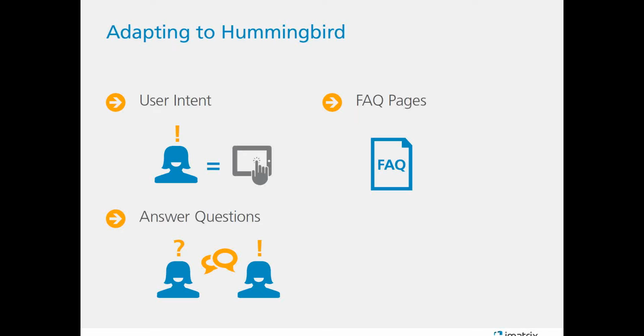Well, that's kind of where Hummingbird comes into play, and that's what it expands on, as people start asking questions. And not only that, it's also Siri compatible. So when someone's searching for something on their phone or device, and they're not actually typing anything in, they're just asking Siri, for instance, they ask it in the form of a question. So there's a lot of different things that tie in here, and Hummingbird is definitely going to be beneficial for you if you can get started early with it.